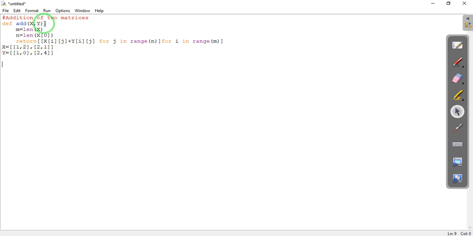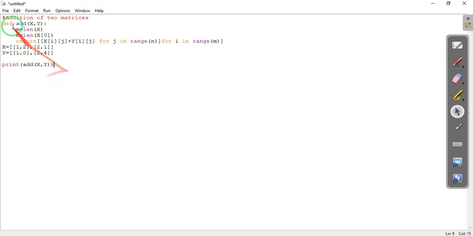So let us print add of x and y. We type the same code as we have: add x comma y.